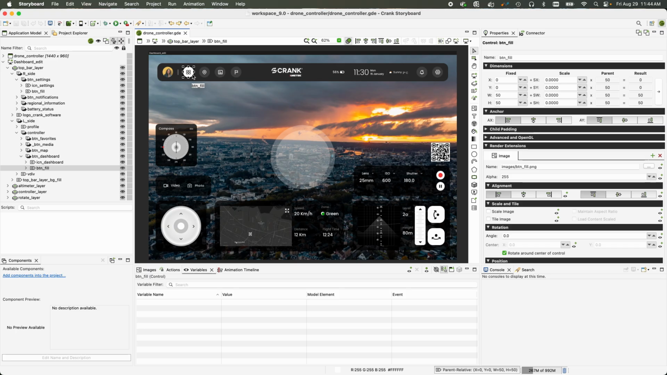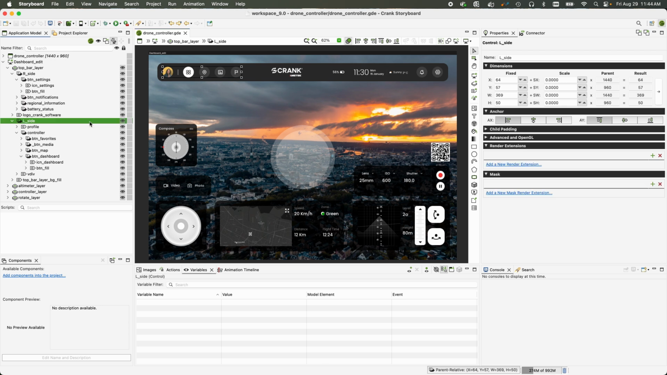Another benefit of this, so a control parent can function the same way that groups used to, but because it's also a control itself, that means it has all the features of a control. And in particular, it means you can add a render extension to it. So if you want to add some kind of background rendering to a group of controls, you can simply add a render extension to their parent, and that will be propagated exactly how you want it to,